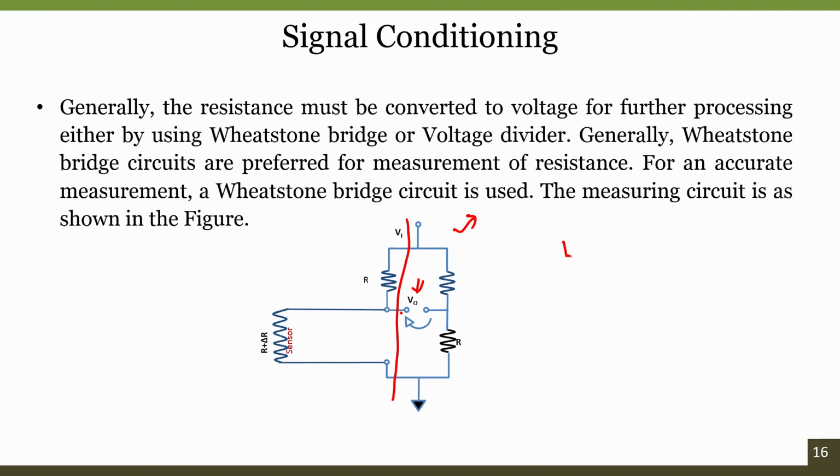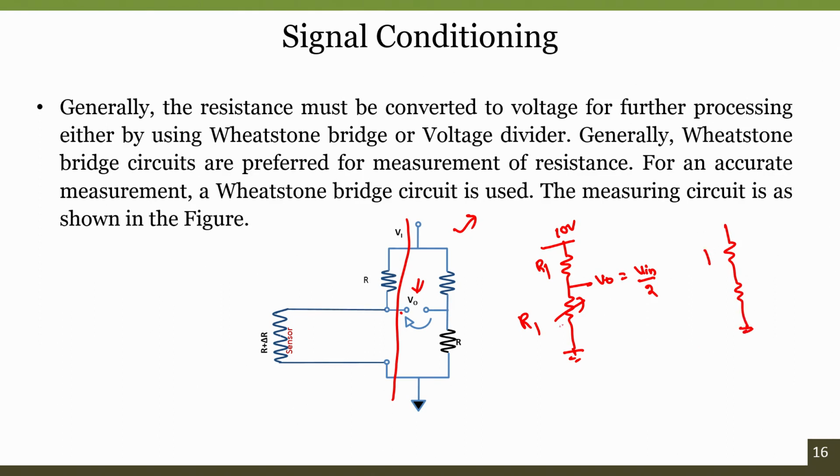What I mean is, imagine the previous circuit we had, which is at 10 volts, with R1, which is 1K, or this is also R1, the base resistance. The output we measure is with respect to the ground, right. If both the resistances are the same, then it is Vin by 2, which is 5 volts. This is a resistive divider, whereas the Wheatstone bridge uses two pairs of resistive divider networks.